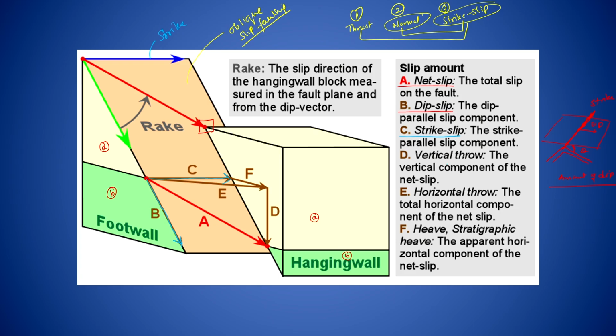Then you have the vertical throw. How much is the vertical throw? That is your D. And that is again with the reference point we were talking about in terms of the bedding contact, or you can say the layer bounding surfaces. Then you have horizontal throw, which has been taken by your E,